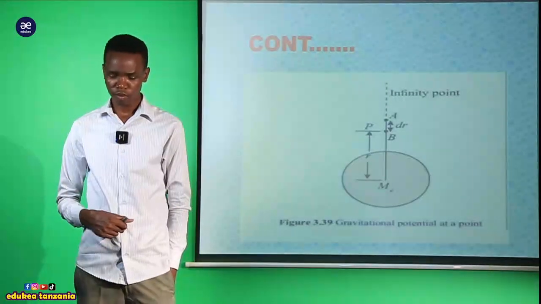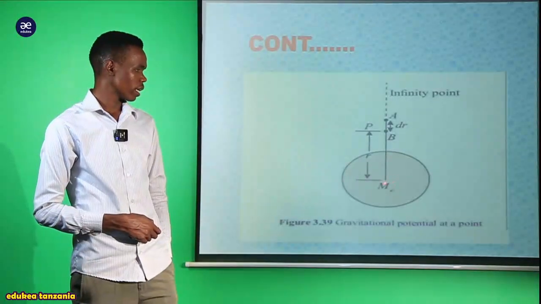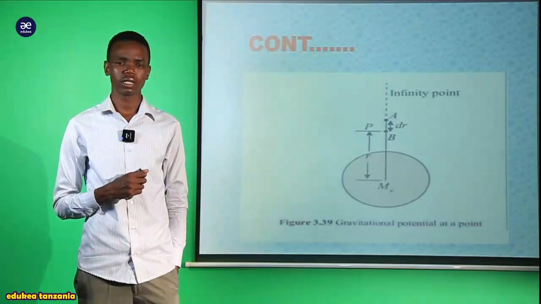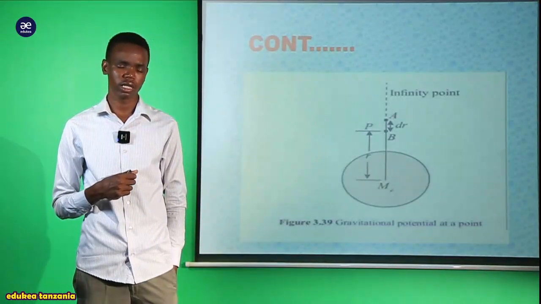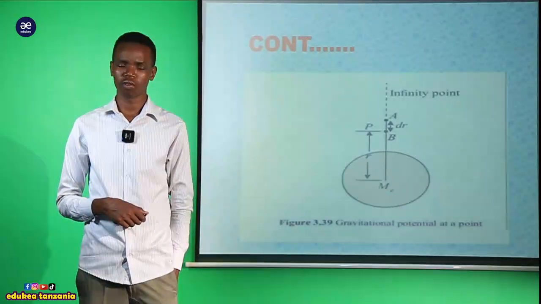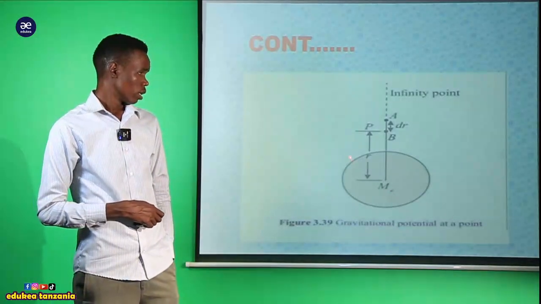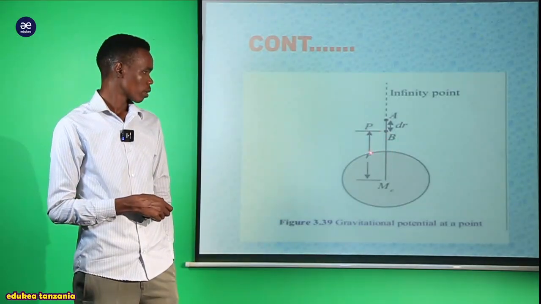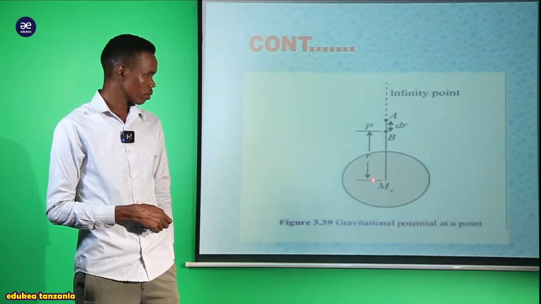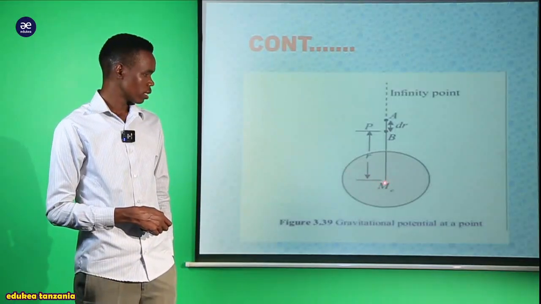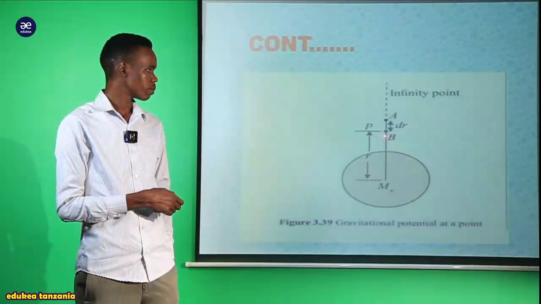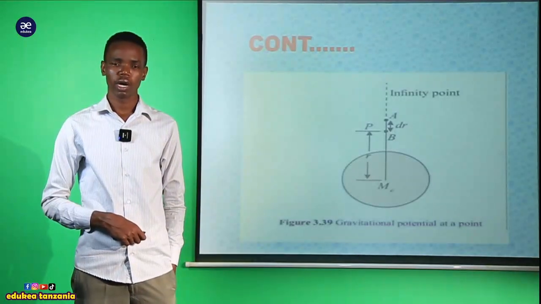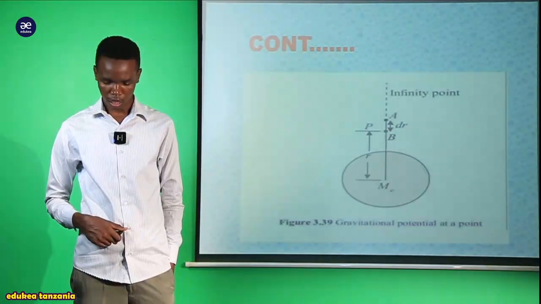At the center we have the S, and that S contains its own mass. This should be the mass of the S. So we observe, my dear student, that the distance from this M, the mass of the S, up to the point B should be represented as the distance R.